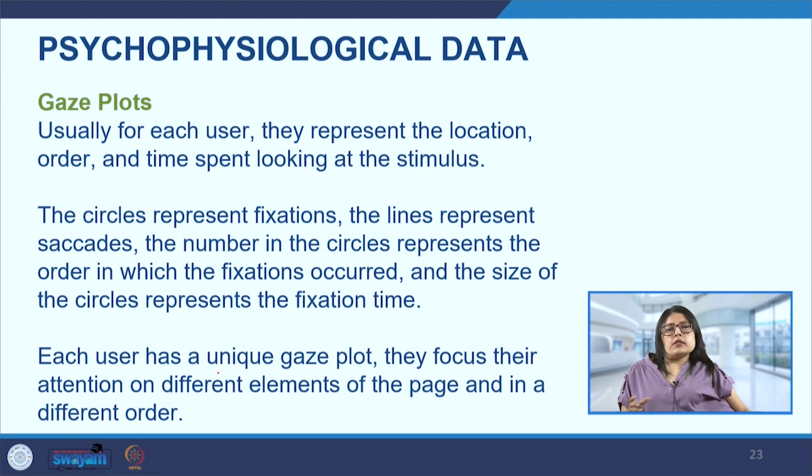Now if we take this page again as an example, the minute we see this page, we see psychophysiological data. That is, say, one fixation. Then we see the gaze plots, because there is contrast between this color and the other text color, and maybe the size also, the boldness as well. And then, for example, we see the logo at the bottom of the slide. So now here we will have these three circles. I have spent a lot of time at the heading, reading the heading.